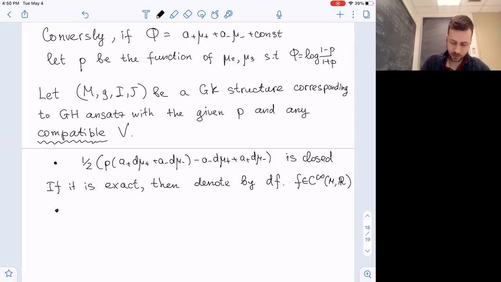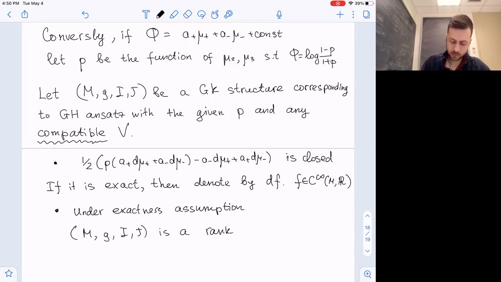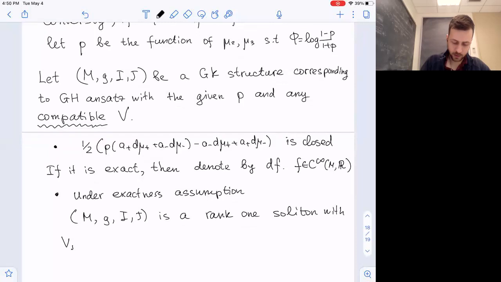And then the claim is, under the exactness assumption, Gij is a rank 1 soliton with Vi being 1/2 theta i sharp minus grad f, being the same as